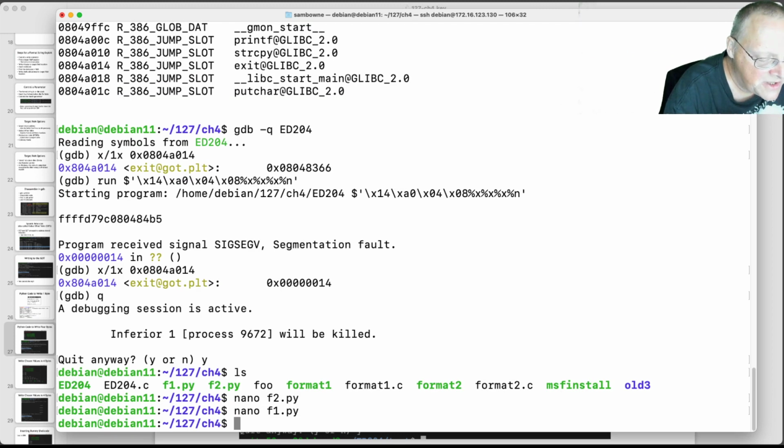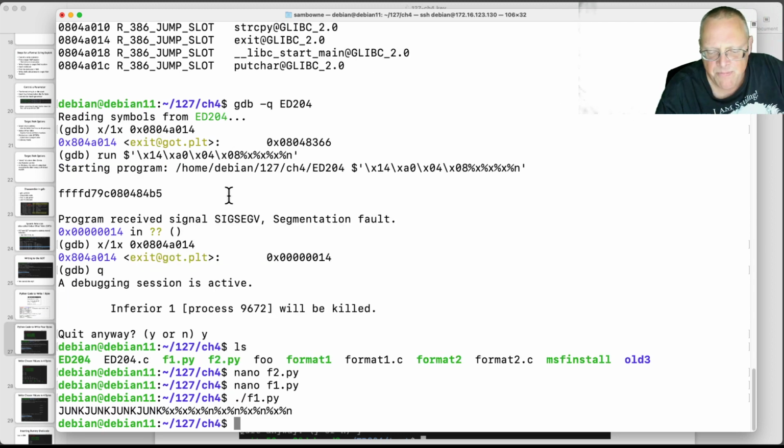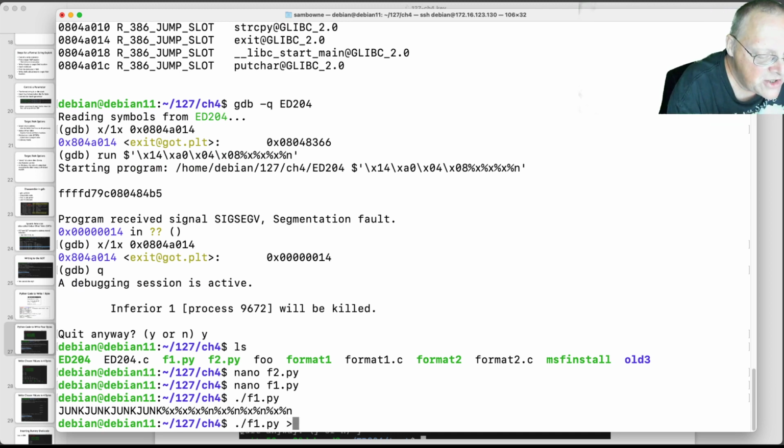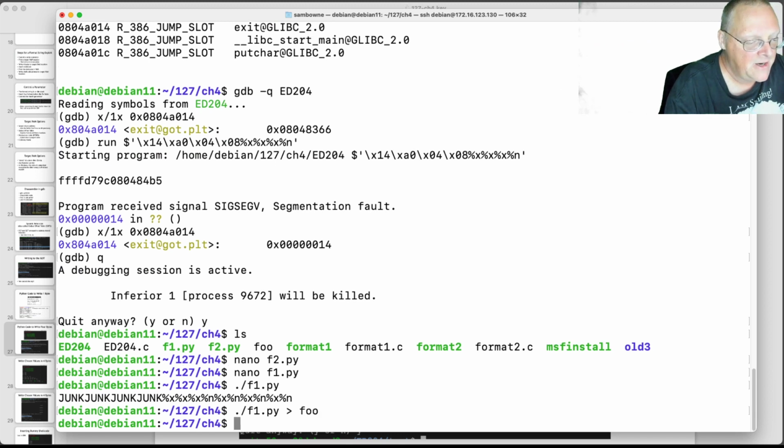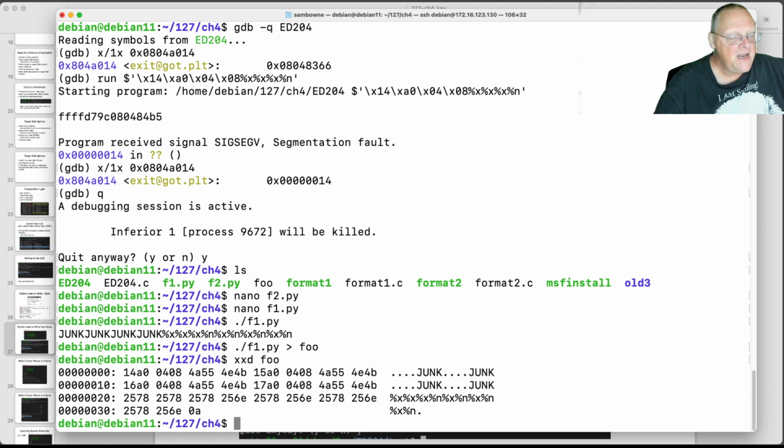Now, if I want to test it, I can run f1.py. And it prints out stuff, but it's not obvious that it worked because there are a bunch of non-printable characters in there. So if I want to actually make sure it works, I can write to foo, and then I can use xxd to look at foo. And now I will see it does have these values 14, A0, 0408, and then junk.